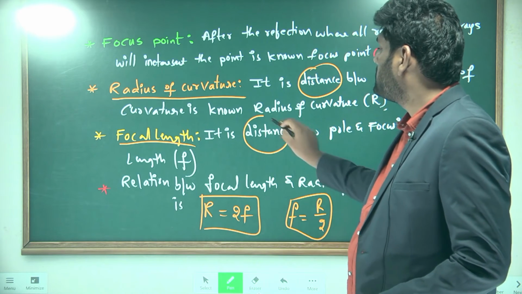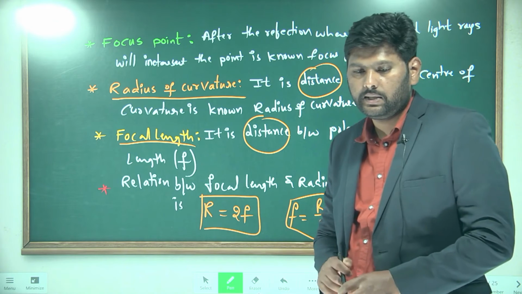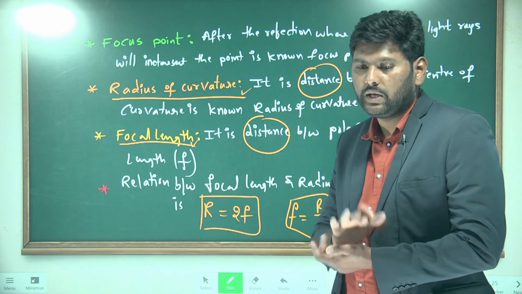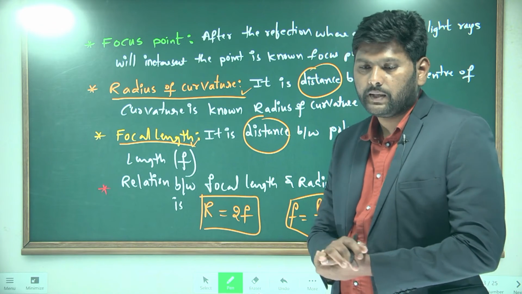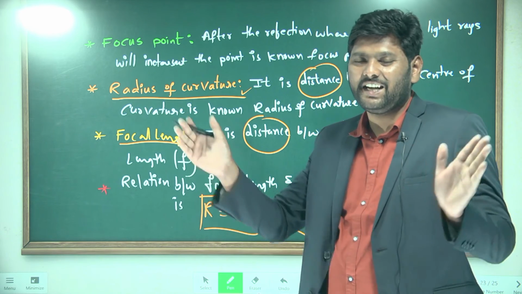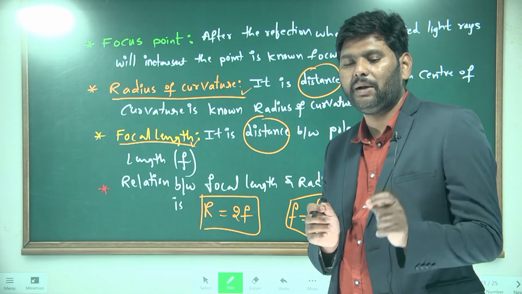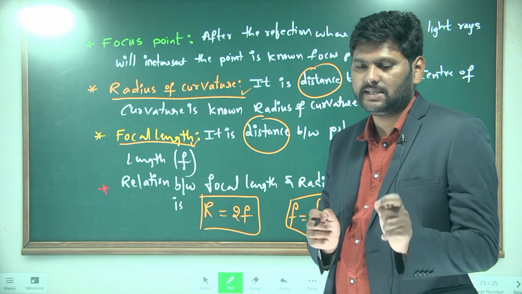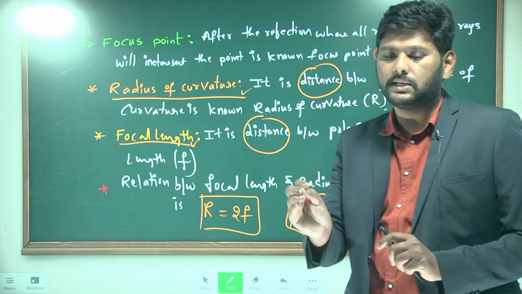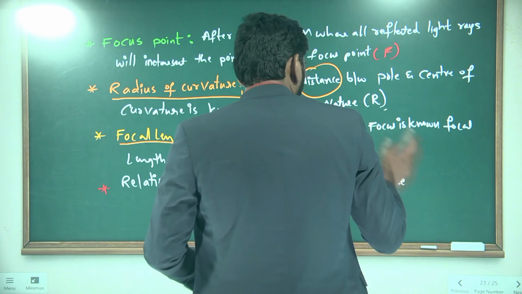Now observe one thing, this radius of curvature and this focal length both are nothing but distances. When both are distances, what are the units for distance? Kilometer is for greater values, so actually this is a small length. We measure small lengths using centimeters and meters. Since here the focal length and radius of curvature are generally measured in centimeters and meters. Got it? So based on this, I'll give one question to you.